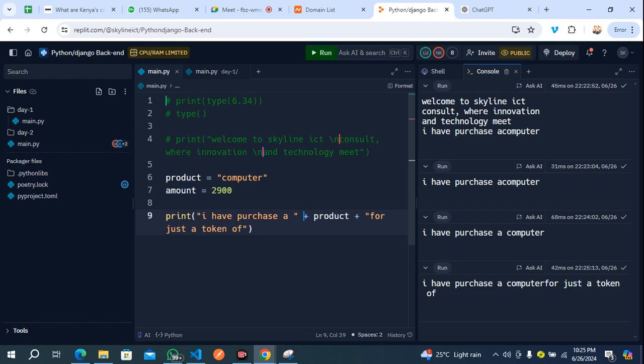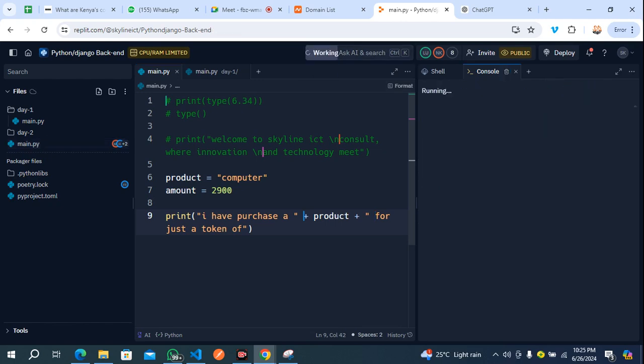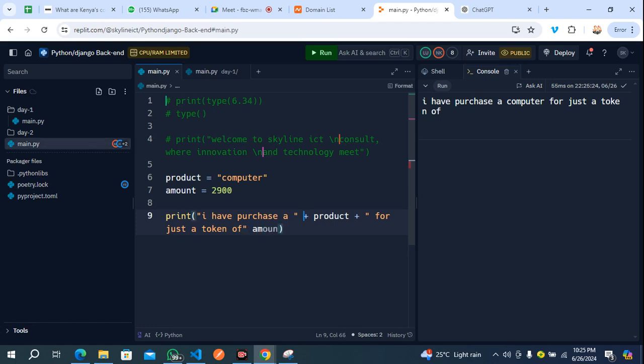I've purchased a laptop for, so we also need to add space, then remove all these things, and then run it again. I purchased a laptop for just a token of, then the amount, and then we also need to concatenate.